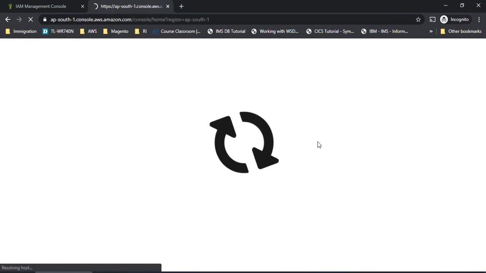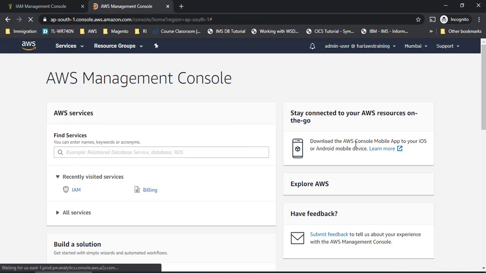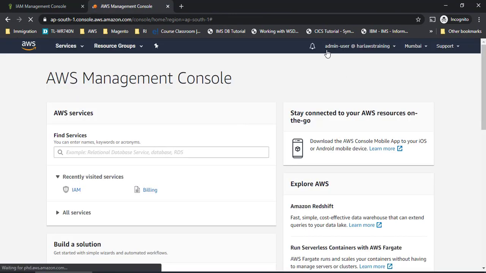So now when I log in, there will be a sudden change. You can see here the name is something different, admin user @Hari AWS training, right? So from this you can understand clearly that this is an IAM user and not a root user. The root user was earlier showing as Hari Kishan here, correct? And one thing, if you have observed, it is showing the Mumbai location here when I'm trying to log into this particular thing.